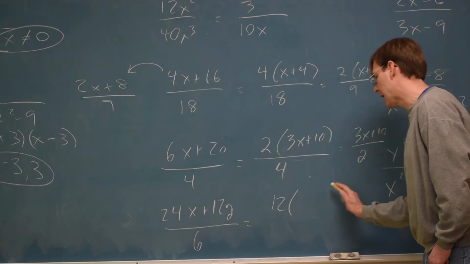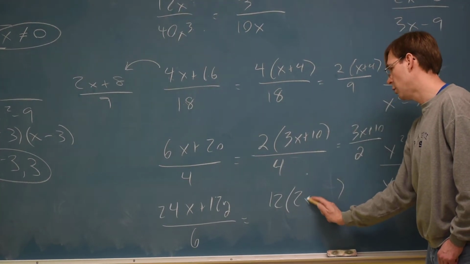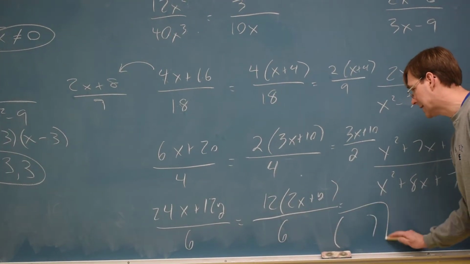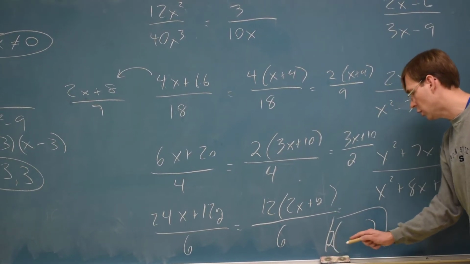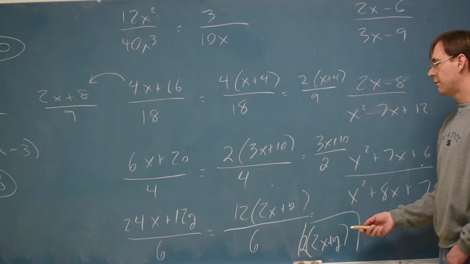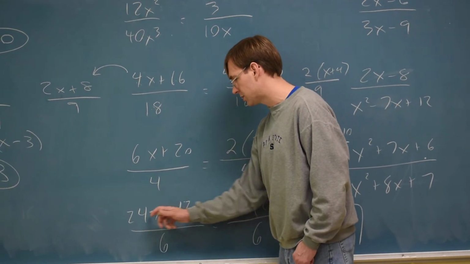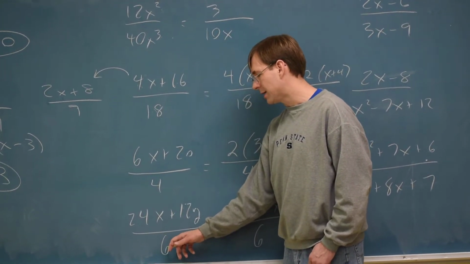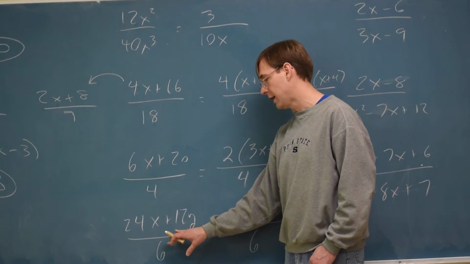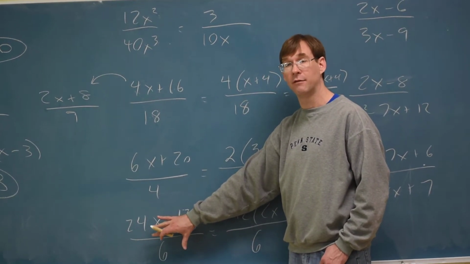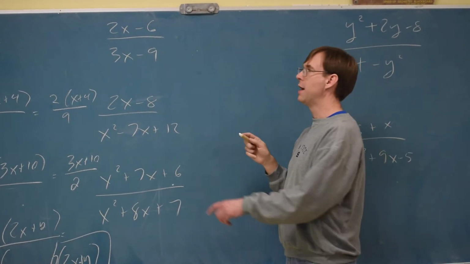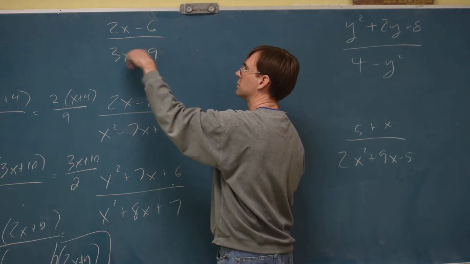This on top, I could take out a 12. That's 2x plus y. The 12 could cancel the 6 to leave a 2. 2x plus y. There's no more bottom because we canceled it. If you like that triple play thing, you could have done that here too. 6 goes into everything. The bottom died at that point, don't even write a bottom, but if you want to take 6 into everything, you're good. But again, that triple play thing only works if it goes into every single coefficient, every single number. This we can't do any kind of quadruple play reduce, because there's no number that goes into every number,